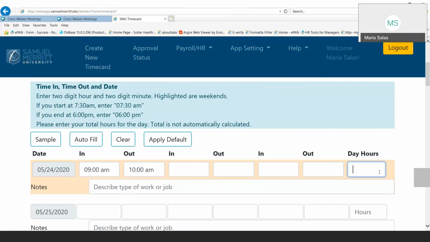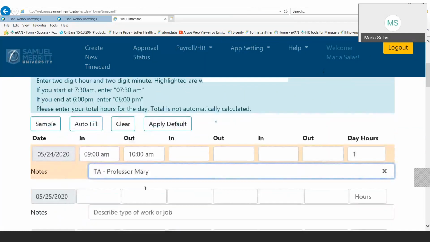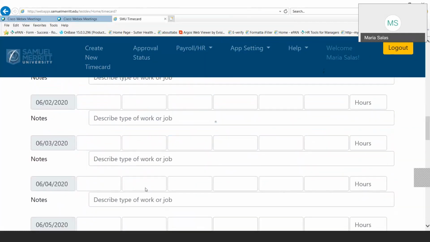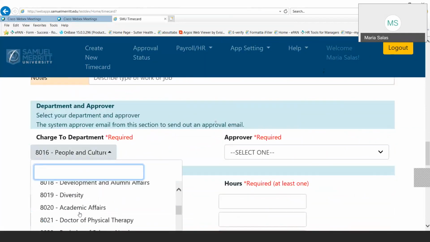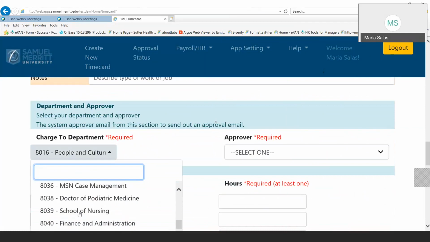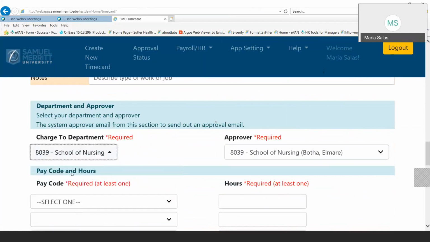And let's just say 1 hour. You're going to describe the type of work, and you'll say TA, and then the professor that you did the TA work for. Okay. And then, for instance, in this case, I only did 1 hour for this pay period. You're going to again select the department that you did the TA work for. For nursing, we're going to go ahead and record 8039, and then